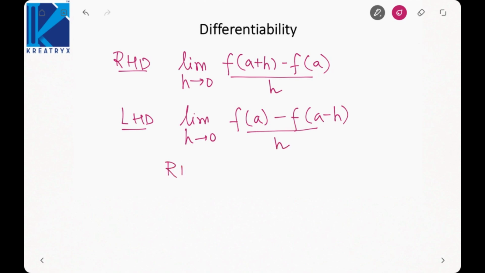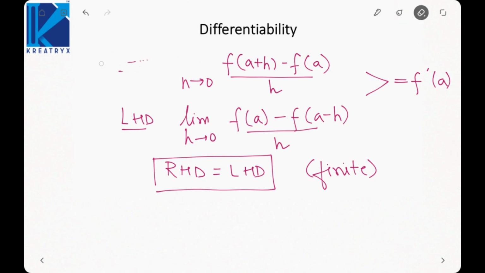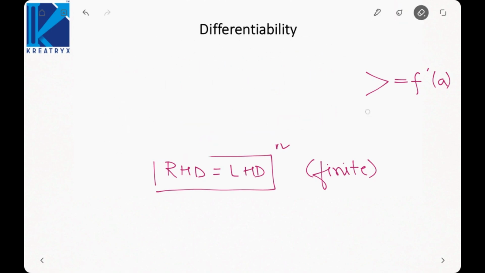If both these derivatives are equal, then the function is said to be differentiable. So these must be equal, and they must also be finite. They both are equal to f dash A. Is it fine? Now we have two cases: whether the function is differentiable in the open interval